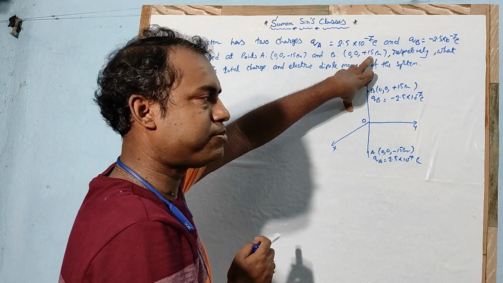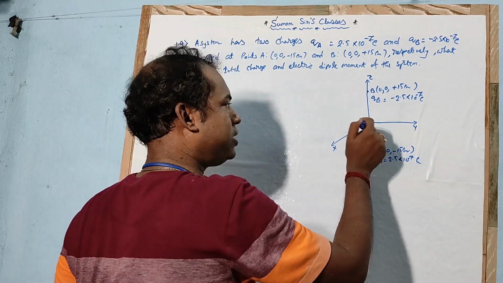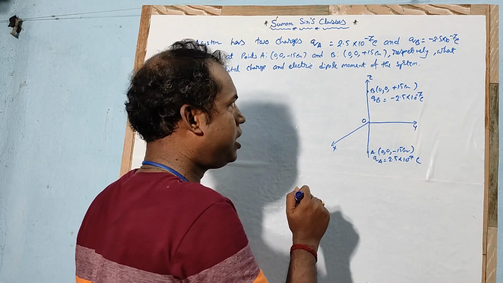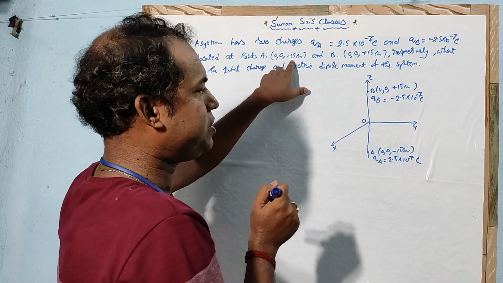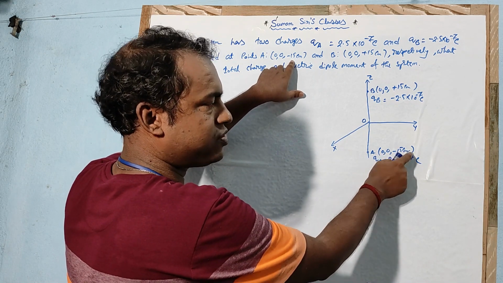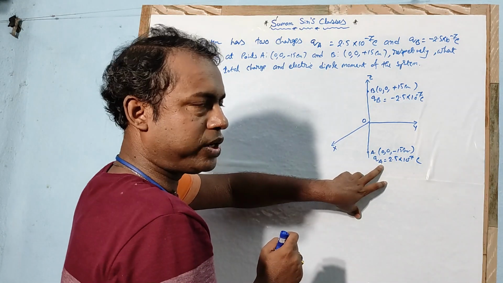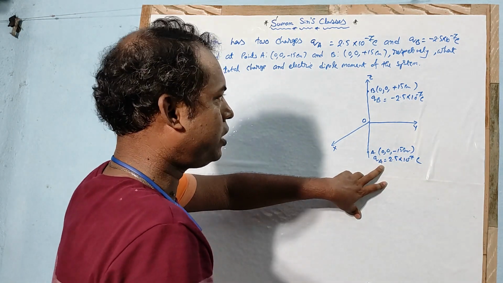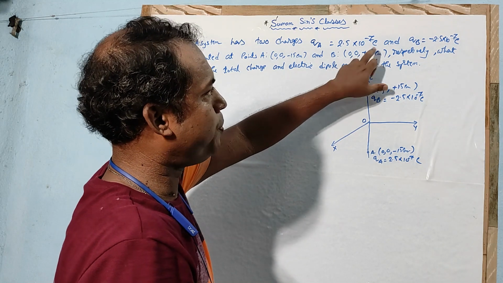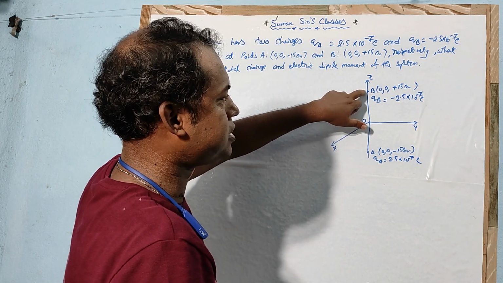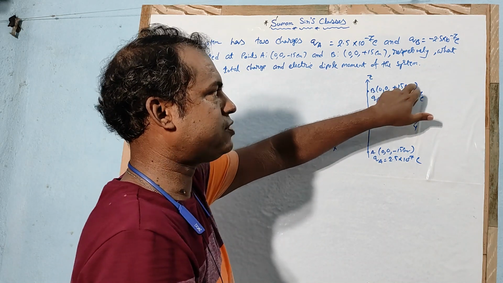and z is plus 15. So we just draw the coordinate system first. This one is the y axis, x axis, z axis. Okay, so point A is located at minus 15 centimeter. Just locate it along this, 0, 0, minus 15 centimeter. So which charge is located here? That is QA, 2.5 into 10 to the power minus 7 Coulomb. Another point is 0, 0, plus 15 centimeter. From the origin it is moving in the forward direction. At point B, 0, 0, plus 15 centimeter.